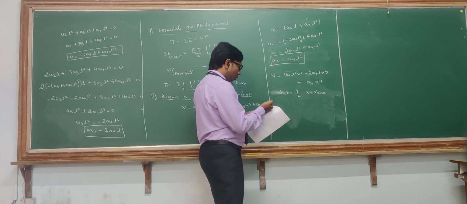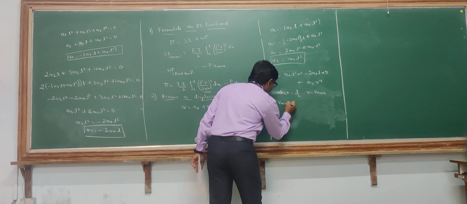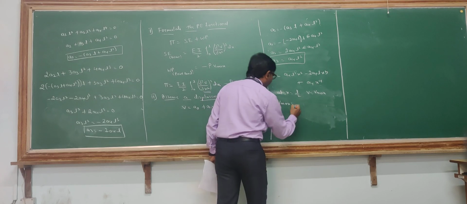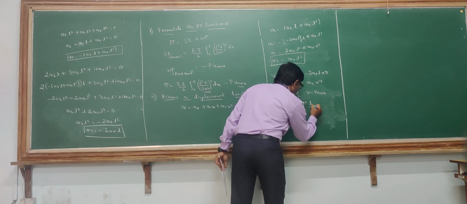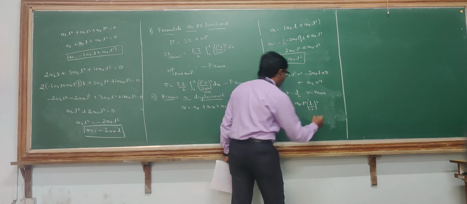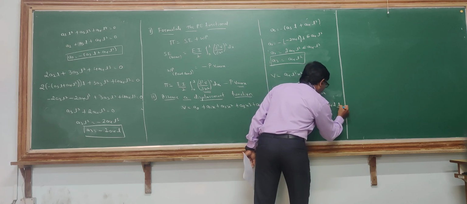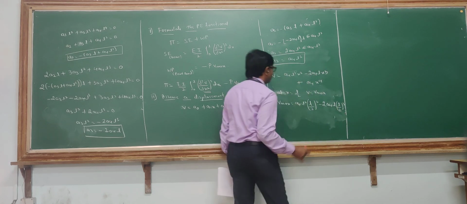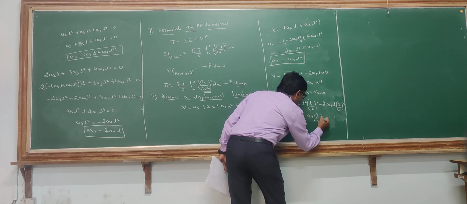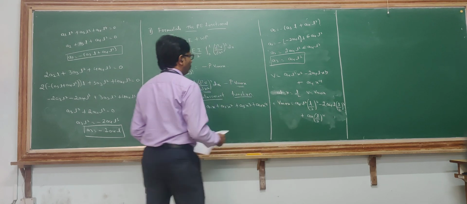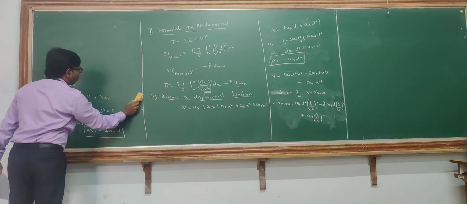Okay, at x is equal to L by 2, V is equal to V max. So V max will be equal to, now L by 2 I have to take. A4 L square is there, and wherever x is there I will take L by 2, so L by 2 whole square, minus 2A4 L by 2 cube, plus A4 L by 2 raised to 4. So this is how we are substituting. I'll just get the value for this. What will be the V max here?